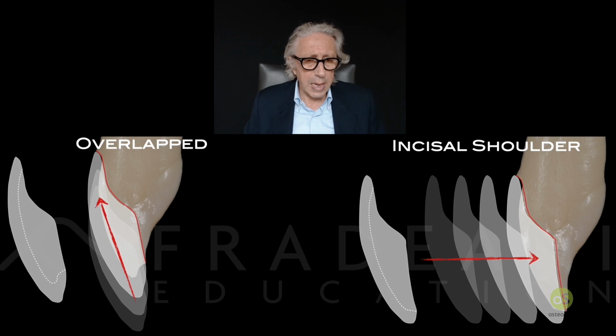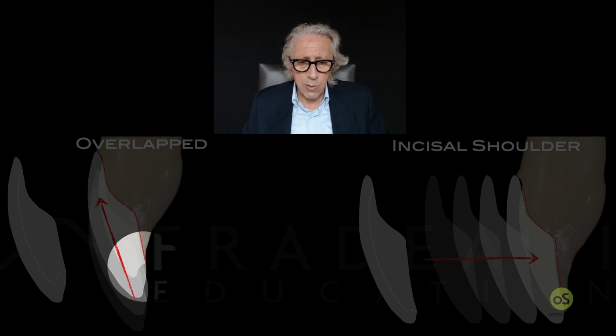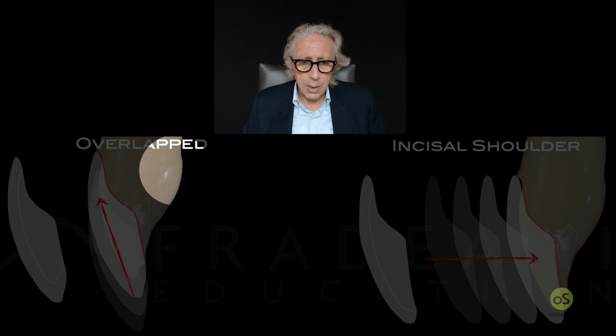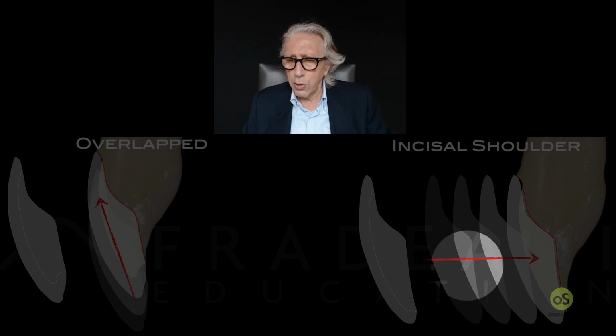One is called overlapped, the other one is called incisal shoulder or butt joint. It means that in this case, your margin will be designed more or less like that, not going back to the lingual part or the palatal part, like in this case, that is called overlapped. So this is the butt joint preparation with the internal part of the butt joint that is longer than the buccal one. So the palatal one is longer than the buccal one,